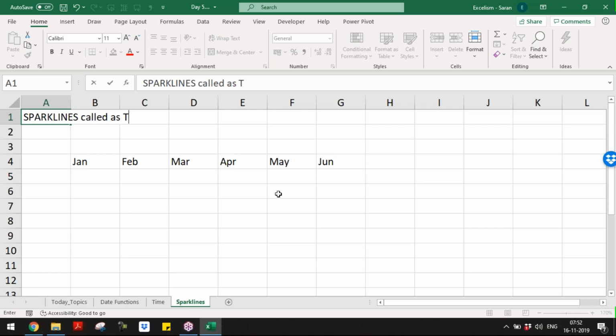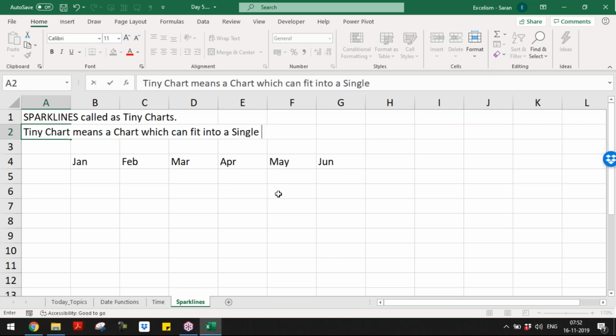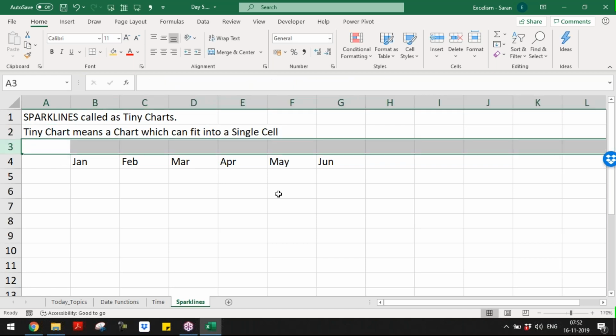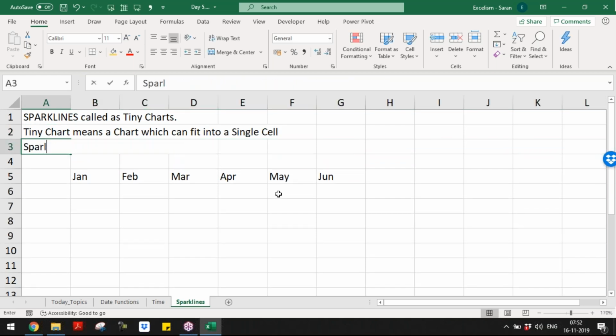Called as tiny chart. What is the meaning of tiny chart? Tiny chart means a chart which can fit into a single cell. You can get the sparklines. This feature was introduced